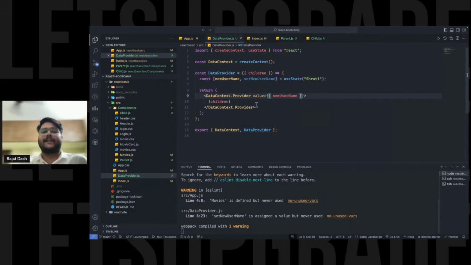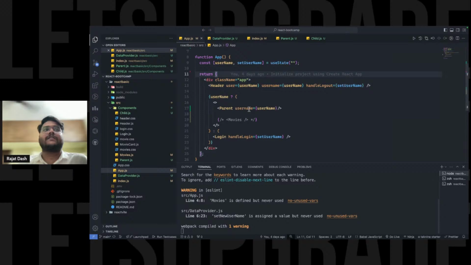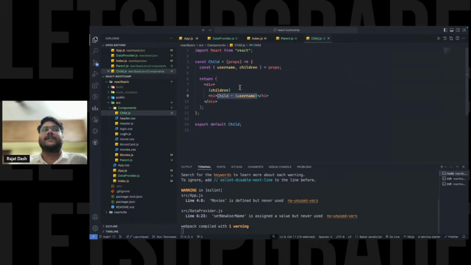Now we have provided our information to the entire application, but now how to consume it, how to use it? That's the point. We have provided it. It has that information, but how will we use it? So let's say we'll go to the child component only. We require the information right here, right? So here